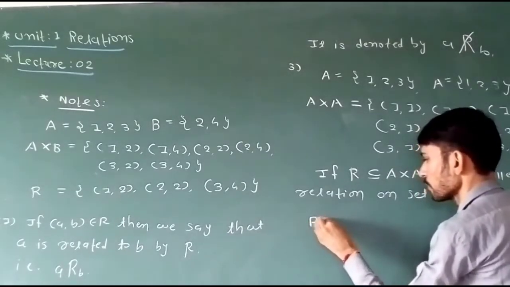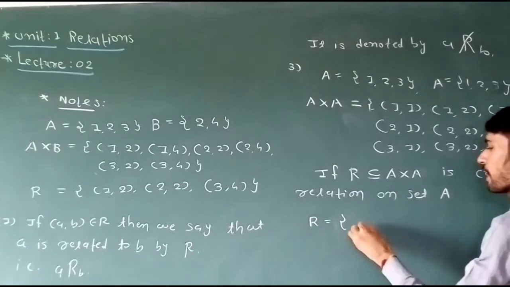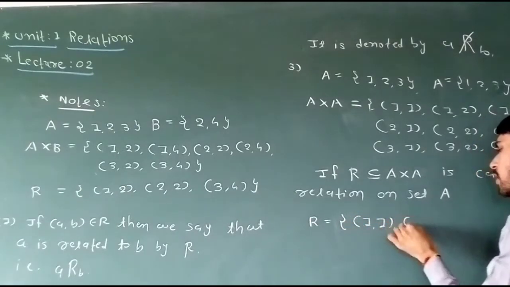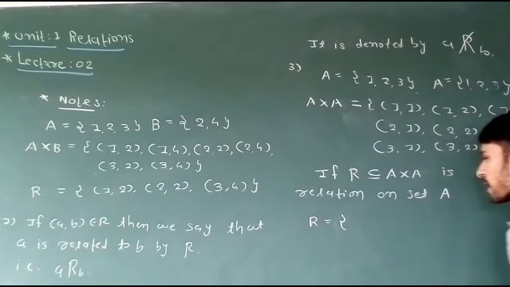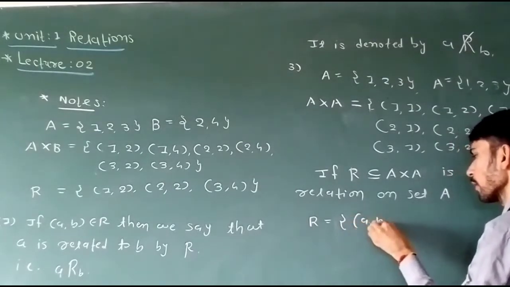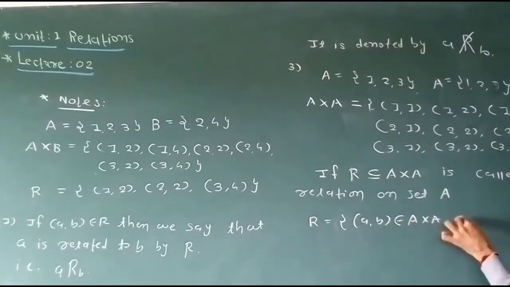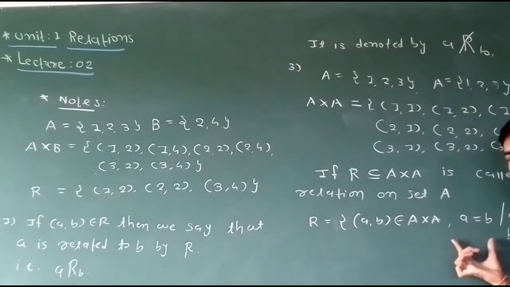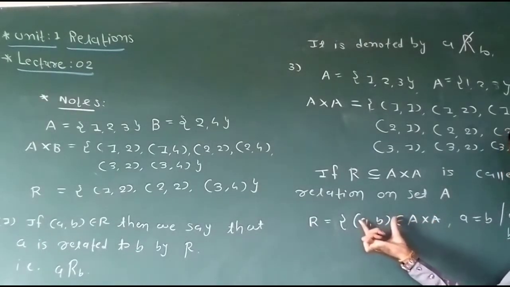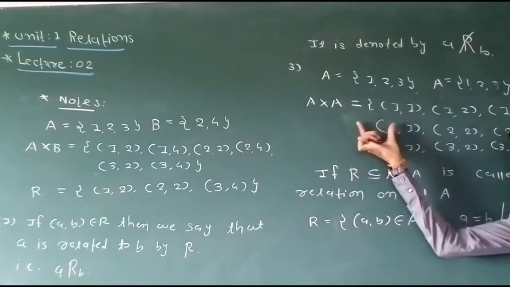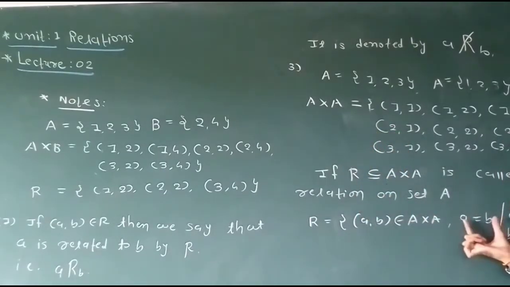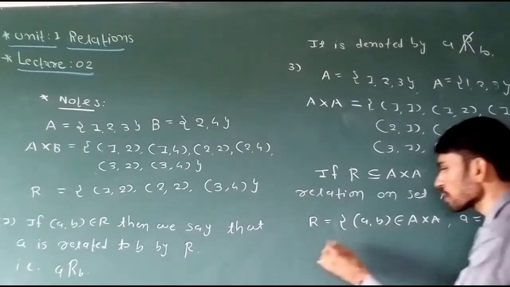For example, if we take here R is equal to, write down this, here we take the relation 1, 1 or we define the relation in this way here, pair AB belongs to Cartesian product A cross A with the condition A is equal to B where A belongs to A and B belongs to A। તો આ મિત્રો આપણે એક રિલેશન ડિફાઇન કર્યો છે જેની અંદર ઓર્ડર પેર A B બિલોંગ કરે છે Cartesian product A cross A માંથી પણ કેવી પેર બિલોંગ કરશે જે આ કન્ડિશન સેટિસ્ફાઈ કરતી હશે A is equal to B।